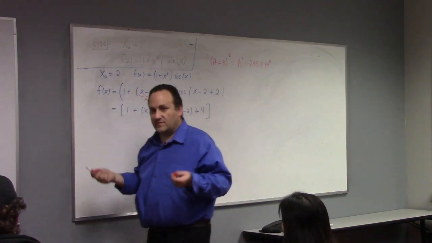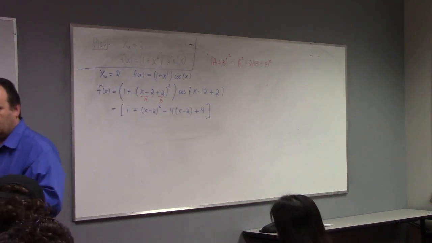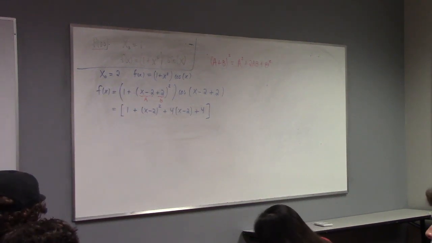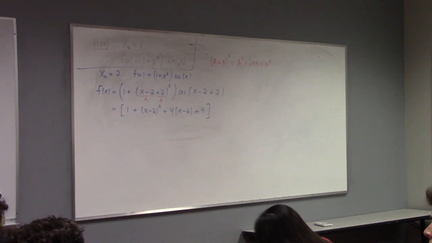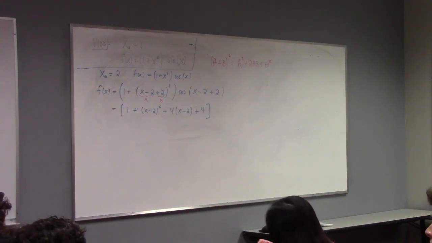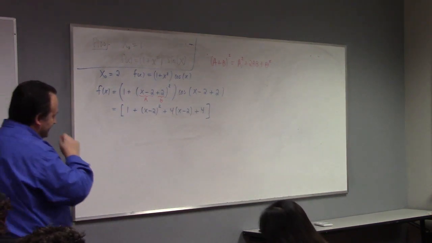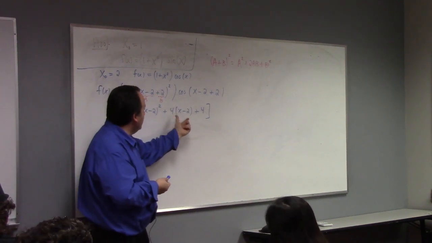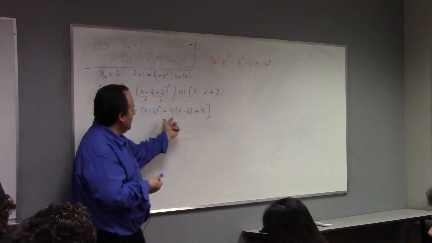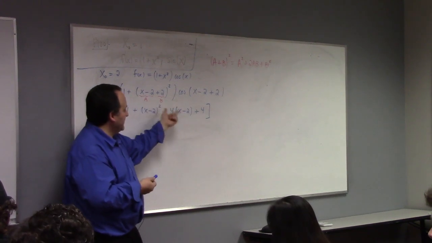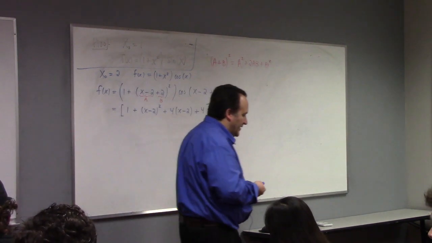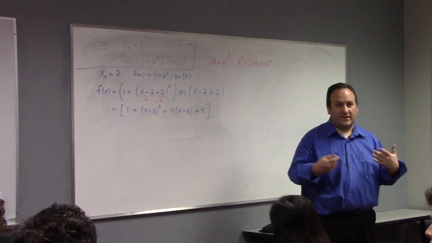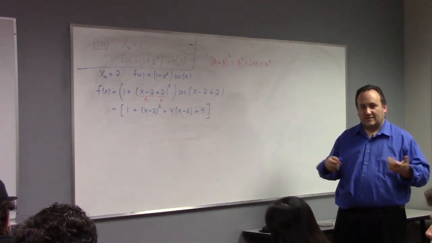I know this. I use this. I don't FOIL it. I apply this identity. It's one of the things that I have hardwired in my brain, and so I just use that here. This is A squared. This is 2AB. So 2 times 2 is 4, x minus A. 2 squared is 4. Now, of course, I'm going to want to combine the 4 and the 1 to give me a 5, right? That'll be the next step.